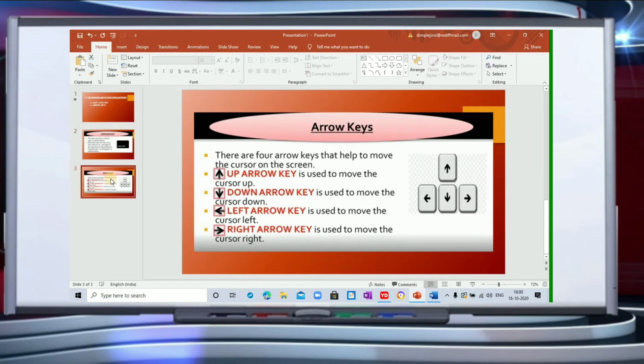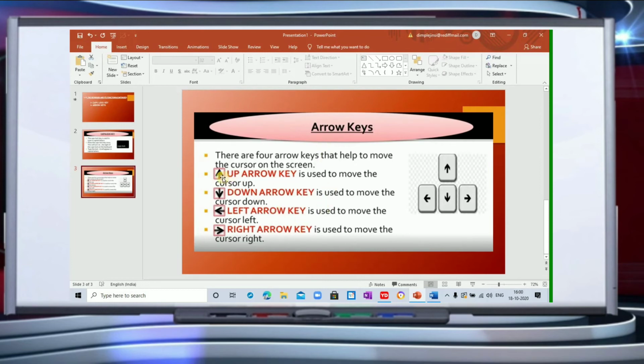Now I'm going to go back and we are going to go to the next slide, which is arrow keys. Now children, on the keyboard you have 4 types of arrow keys. One is up arrow key, another is down arrow key, and we have left arrow key and we have right arrow key. So what is the purpose of these 4 arrow keys? Up arrow key is used to move cursor up. So I have shown you cursor just now.